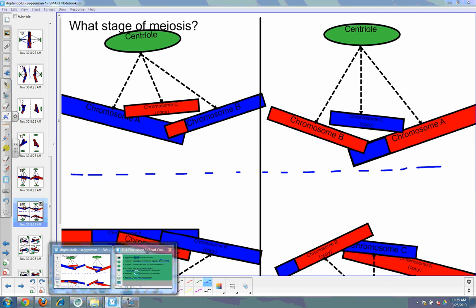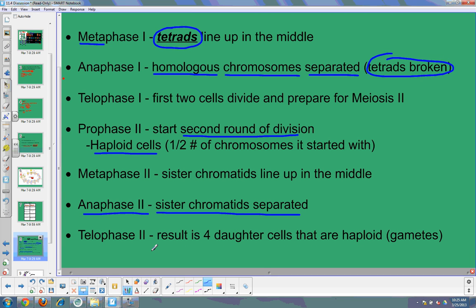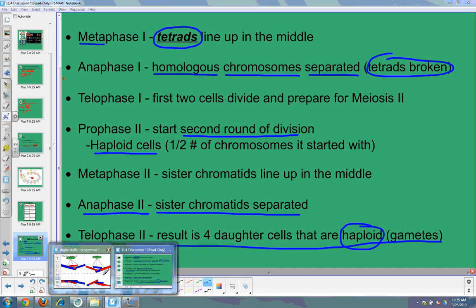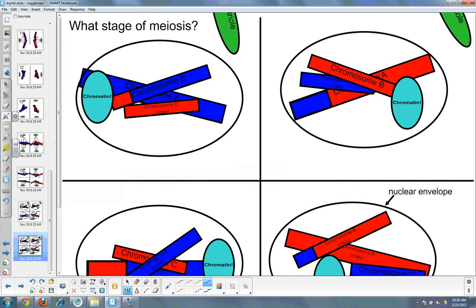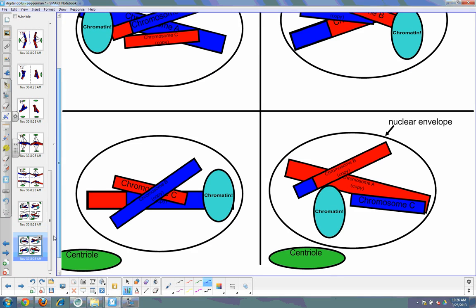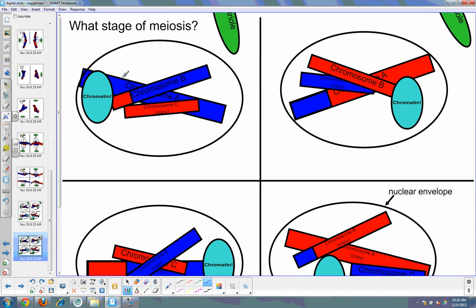Now I want you to look in each of these. So let's just take this one for example. There's a blue chromosome A, a blue chromosome B, with a little bit of red on it from crossing over, and a red chromosome C. There's 1, 2, 3 chromosomes in this cell. Compare that to what we started with. 1, 2, 3, 4, 5, 6. What's 3 compared to 6? Half. So these are all haploid cells, or what we would call N, because they only have 1 of each